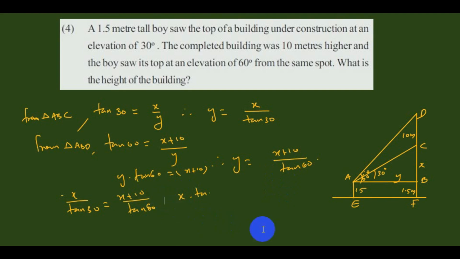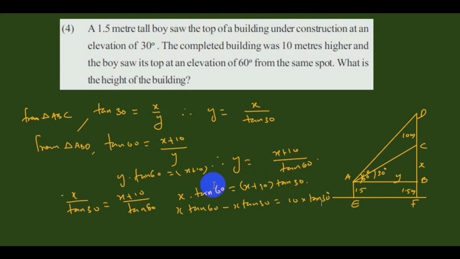x into tan 60 is equal to x plus 10 into tan 30. When this one is to be multiplied, here this one contains two terms and so a bracket should be given. Okay, now this one can be written as x tan 60 minus x tan 30 is equal to 10 tan